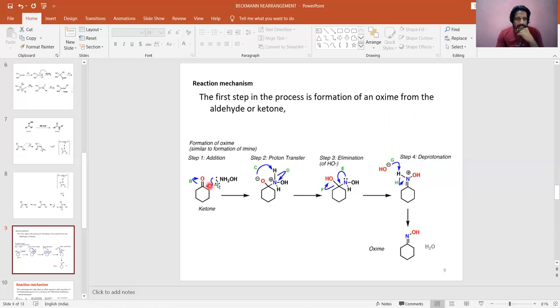So ketone in the presence of hydroxylamine hydrochloride. In earlier cases, I said that it is an acid catalyzed nucleophilic addition. So NH2OH, when we add to the carbonyl carbon, what happened? NH2OH, with its pair of non-bonding electrons, attacks the carbonyl carbon. Now the C double bond O is converted into CO minus, which we can understand easily. Okay, now this nitrogen has a plus charge.